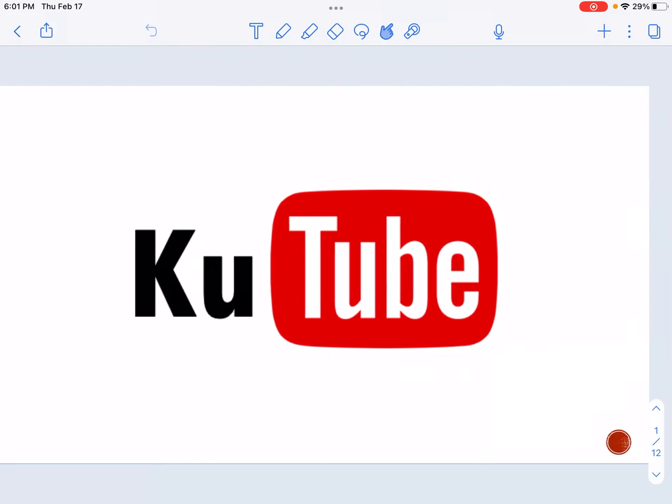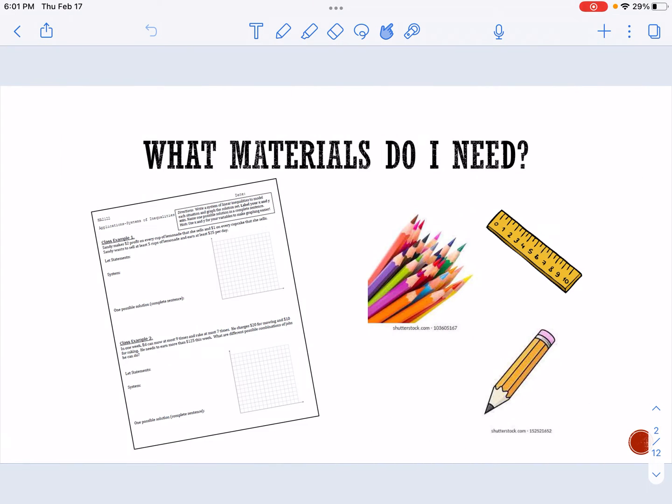Today we're going to be exploring a lot about systems of inequalities and applications of it. Before we begin today, you do need a few materials. Make sure you have a copy of today's notes. You do need a pencil, a ruler, and some different colored pencils. I do recommend having 2 or 3 different colors available so that you can clearly see your solution region when